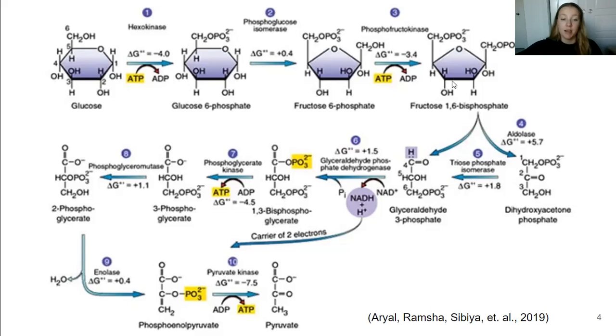Step 9 involves the conversion of the 2-phosphoglycerate to phosphoenolpyruvate, which is catalyzed by the enzyme enolase. Enolase dehydrates the 2-phosphoglycerate by removing a water group, and the reaction occurs through a series of complex steps due to the specificity of the enzyme pocket. So the final step is step 10, and this converts the